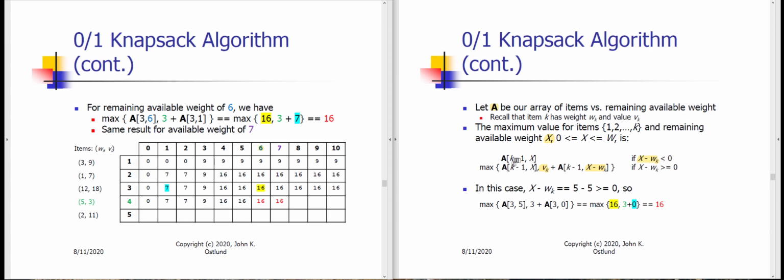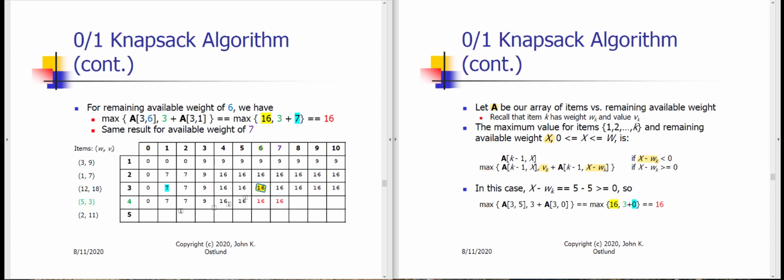All right, let's look at our formula. So, in other words, X is 6. So the available weight is 6. The weight of item sub 4 is 5. 6 minus 5 is greater than or equal to 0. That means we're going to have to compute the maximum of either the value above, that is this 16 above, because that could be the maximum value if we're unable to use item 4,